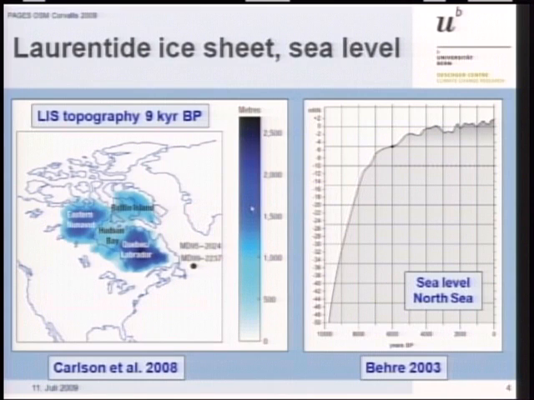There is just one of these from the North Sea by Bern, worked out in a long study before 2003. And as you can see, the big melt of the ice sheets was about finished around 6,000 years BP. Then, it's clear, there were still melting areas, but we only had a small change of the sea level of a few meters. What we do not know exactly, and what would be very important, is the distribution of Arctic sea ice over time. I think that's one of the very important topics we have to deal with in the future. We have to know more about the Arctic sea ice.